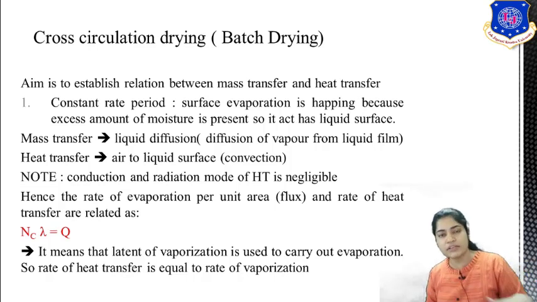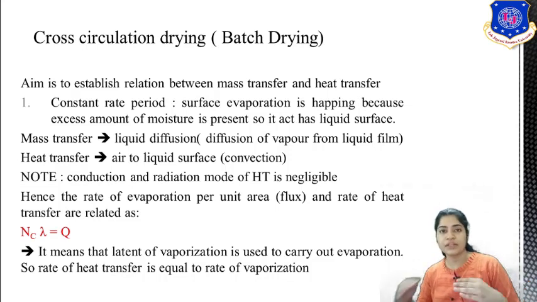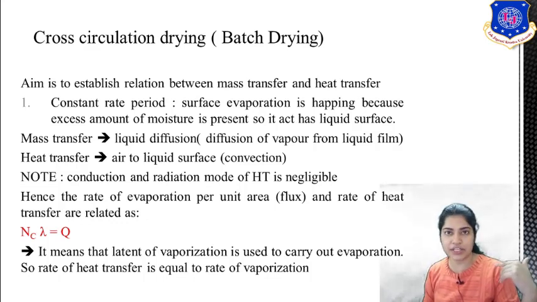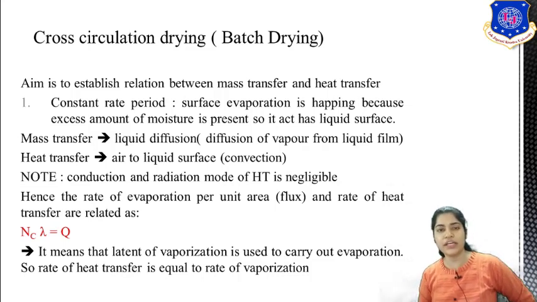On your drying solid, on the surface, just a thin film is there, which is formed over the liquid and is saturated with vapors of the liquid. So the diffusion of that vapor will occur into the bulk of the dry air. Then the second is heat transfer. Of course, heat is also transferring. Try to understand that heat transfer is not the main mechanism here. The main mechanism is mass transfer, but heat transfer aids it, helping to carry out the mass transfer.